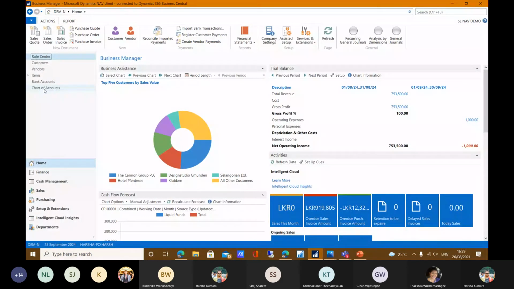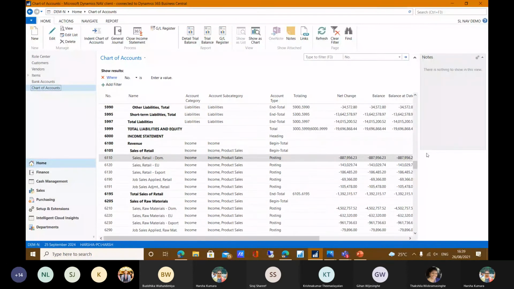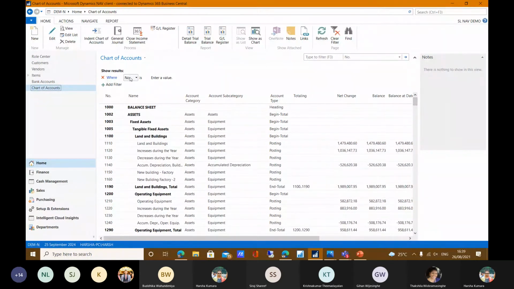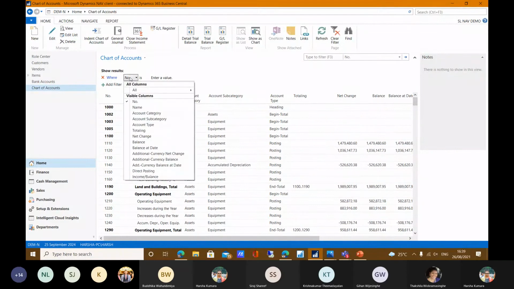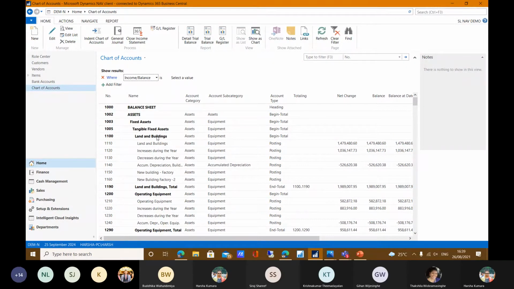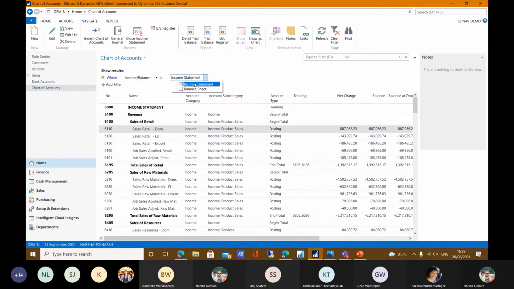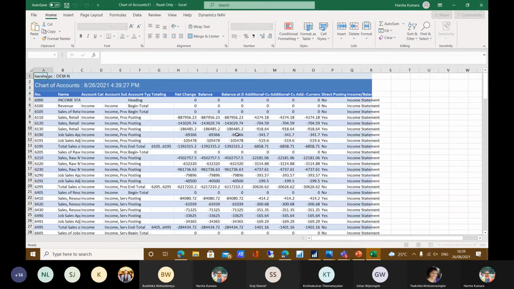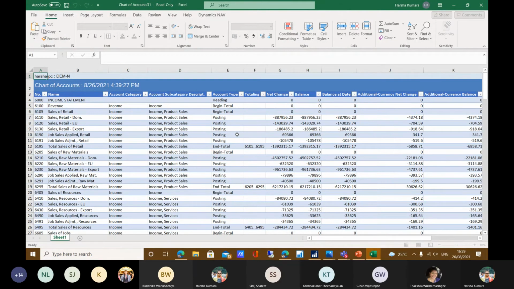I will show you. In the chart of accounts list, you can simply take it to the Excel sheet. Assume your management has requested a quick PNL, then I can filter the chart of accounts into the income statement, and I can press Control plus E on the PC, and then NAV will push the data into the Excel sheet within 1 second.